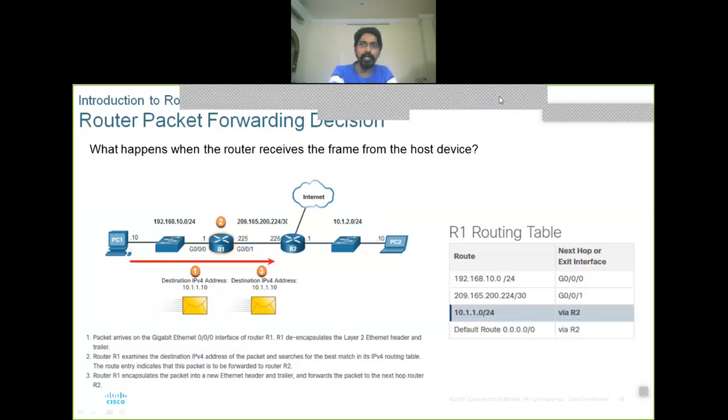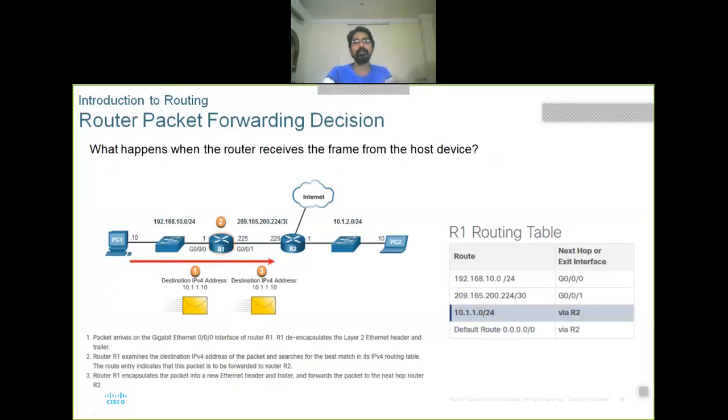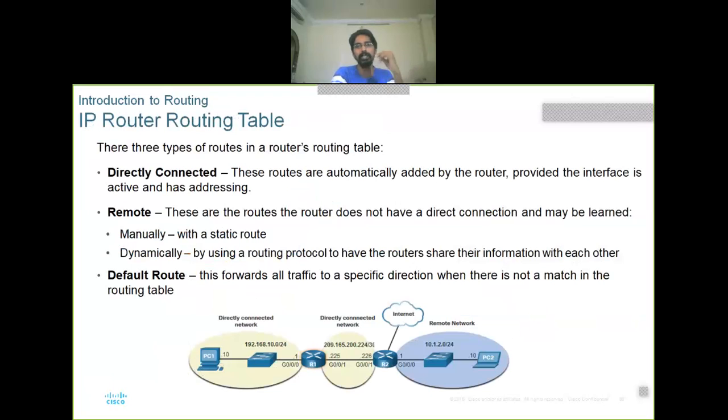This is the way a router maintains the routing information. So these are the two routers. Suppose we have multiple routers, each router has its own routing information. Whenever a new route is created on one router, that new route information is shared with all the routers, so it is stored in all the routers. This is dynamic. Day by day it is changing behavior. So there are three types of routes in a routing configuration.